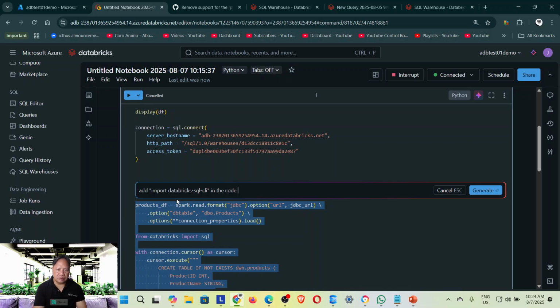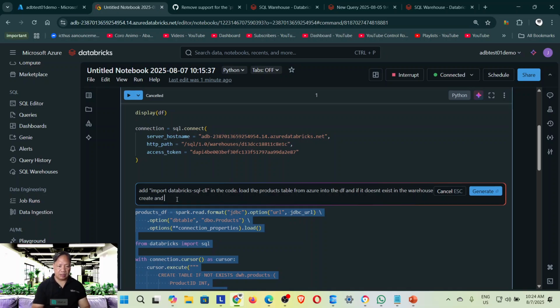And then what we're going to do is load the products from Azure into the data frame, and if it doesn't exist in the warehouse, create it, and if it exists,